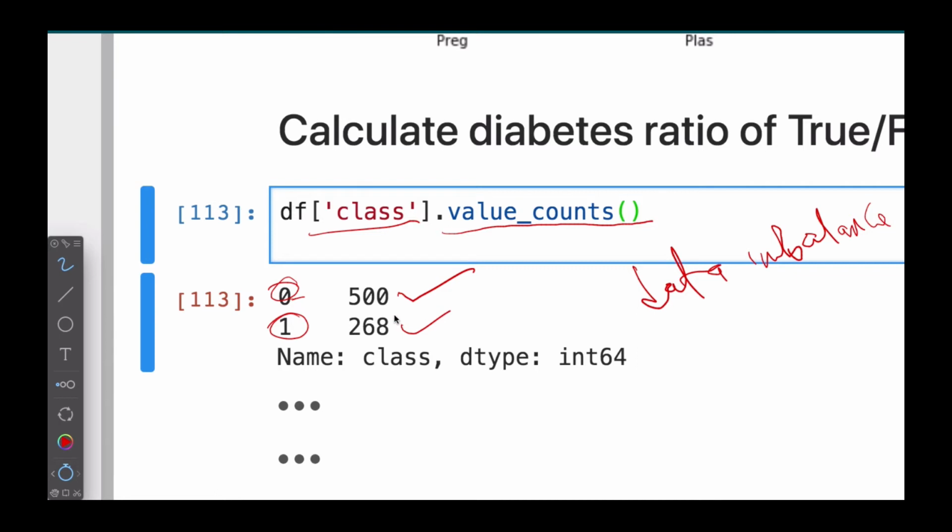Now what is going to happen if we have a data set with so many zeros and very few ones, like the one we have here? If you build an algorithm on this, your model is going to learn mostly from the majority class. In this case, it's going to memorize the zeros and ignore the ones. If the ones were very few, let's say 500 zeros and maybe 150 ones, where one represents zero and the other represents one,